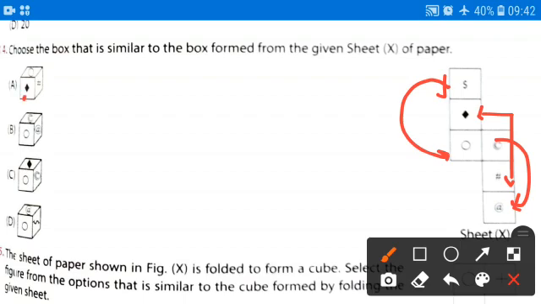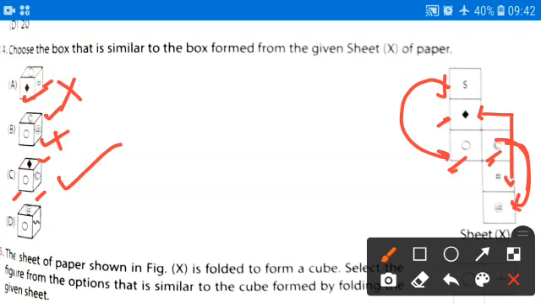Here diamond and hash are adjacent. As I told you, these are opposite. So option A will not be the correct position. It is not the similar position. Checking the second one. See, this C and this at the rate are opposites. So this is also wrong because they are placed adjacent here in the figure. Now check this diamond, circle and C. These three can be adjacent, so this can be the correct one. Option C can be the correct one.